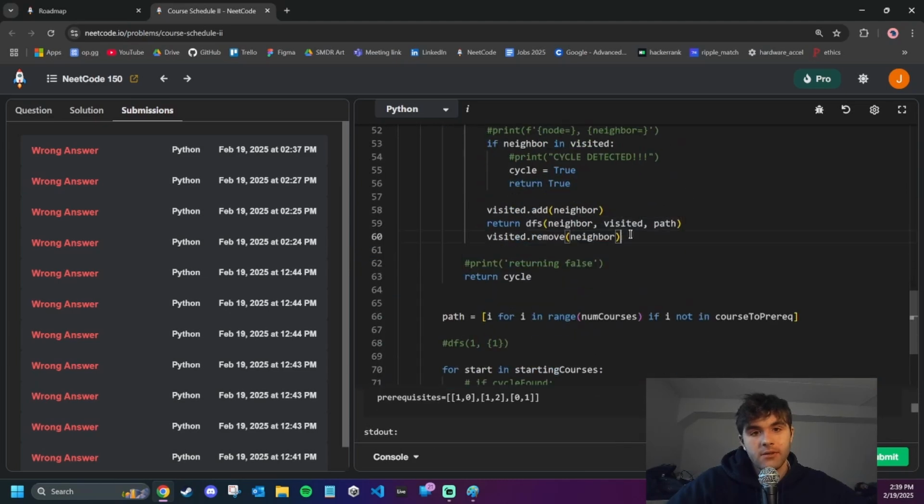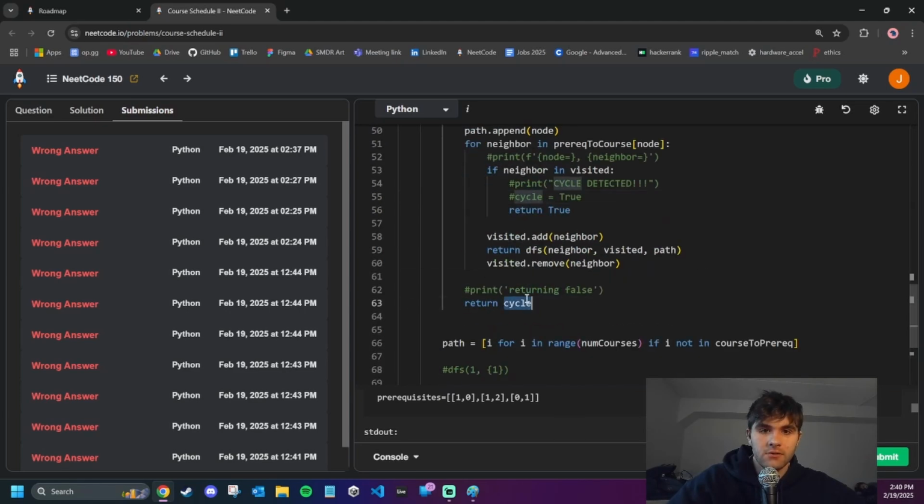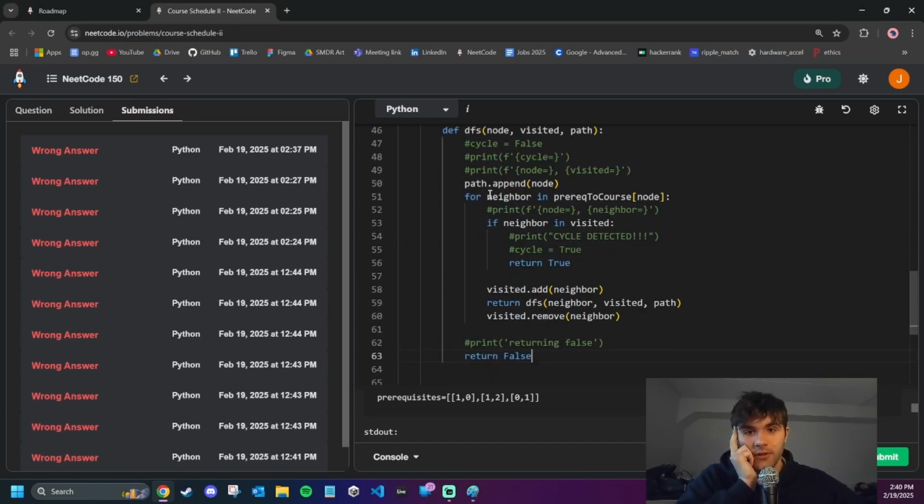Okay, so right now this value is either true or false. This cycle thing is strange. I don't think this makes sense. Okay, so if we get rid of that. So is this false? So if we go through every neighbor and we return its DFS,